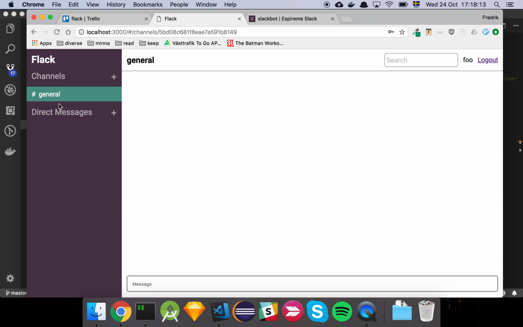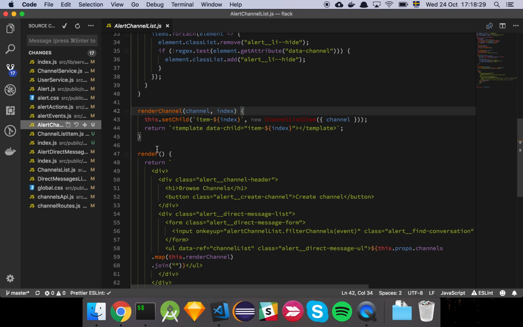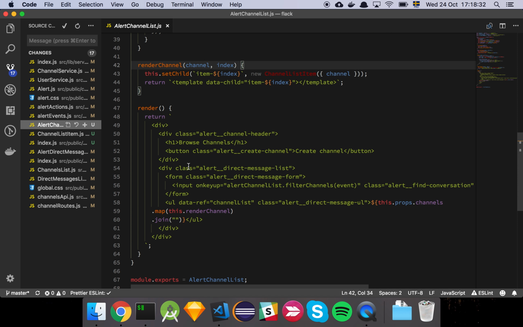And as we've seen before, the modal, everything around, like the escape button and the white area and all of that stuff, that is the alert itself. However, the content area, this list here and this section here, that's the thing that is the alert channel itself. And as you can see here, if we look at the markup, you'll see now that I've actually moved the header into the